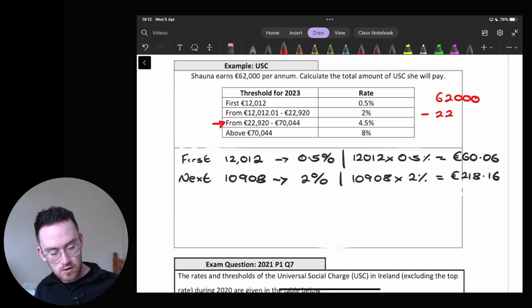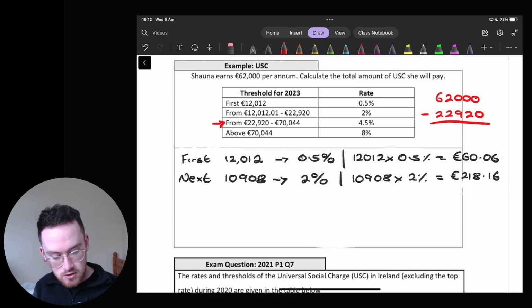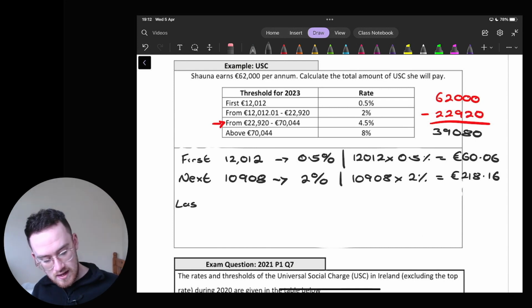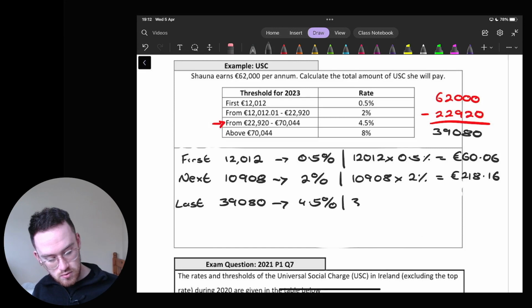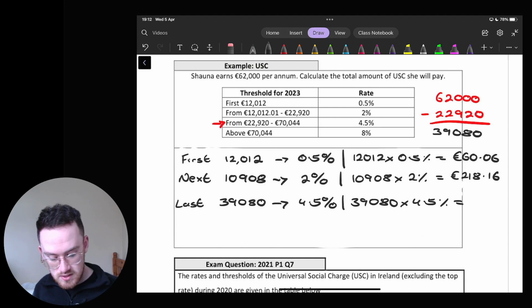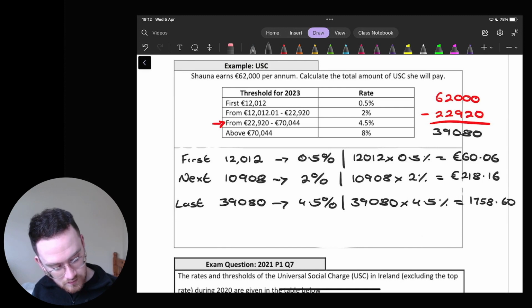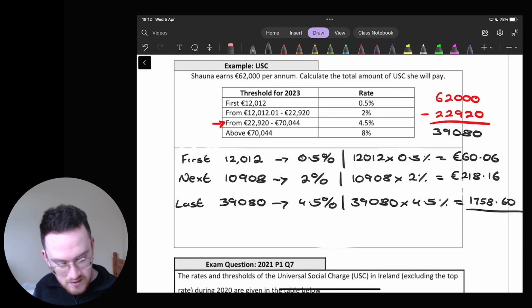So let's take away the low part of that, which is the 22,920, to see how much she's going to have in this bracket. And it's going to be 39,080. So that's what's going to fall in the last bracket, 39,080, and that's going to be at 4.5%. So over here we can work that out by 4.5%, and that's going to give me an answer of 1,758.60. Okay, and adding those together, we get an answer of